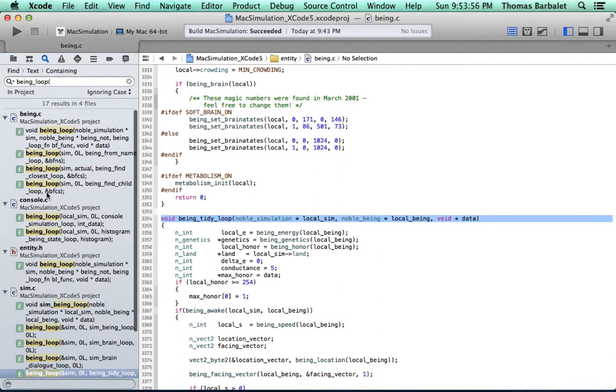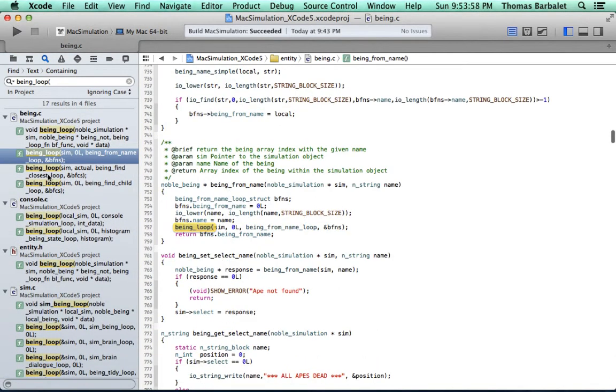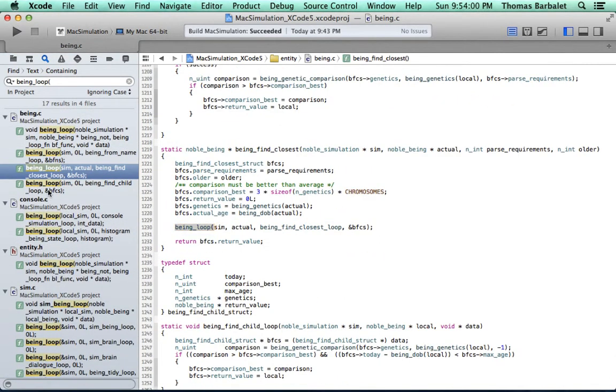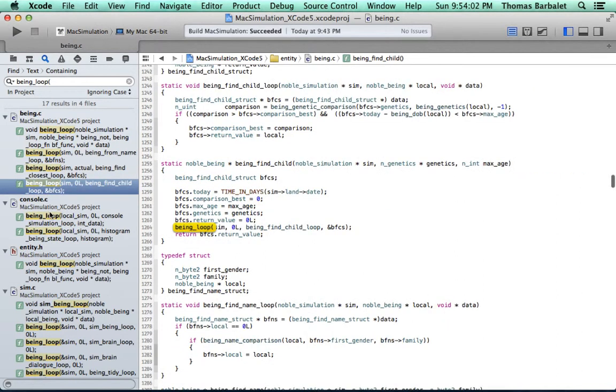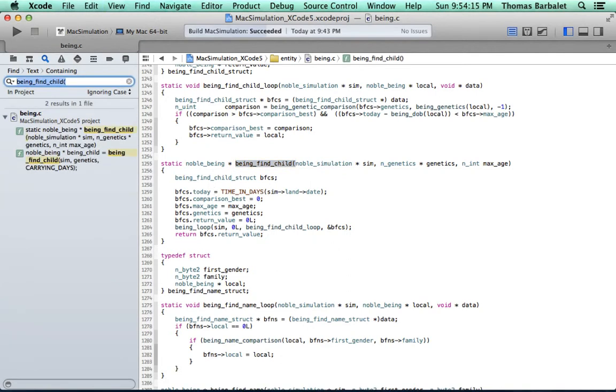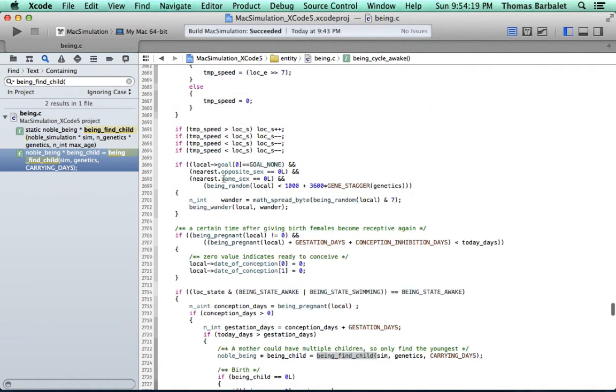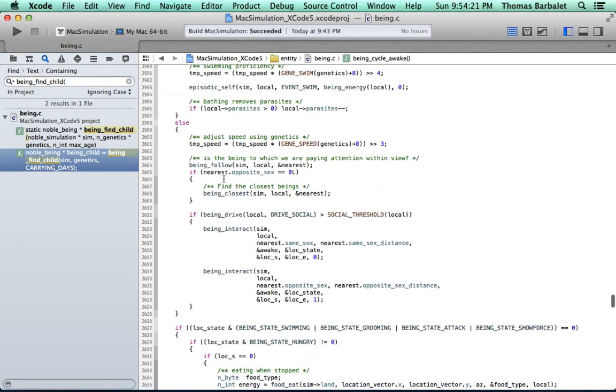We can actually find it by comparing. So what's this one? Being from name, being closest, being find child. So probably being find child might be used within another being loop. Being find child in one location within